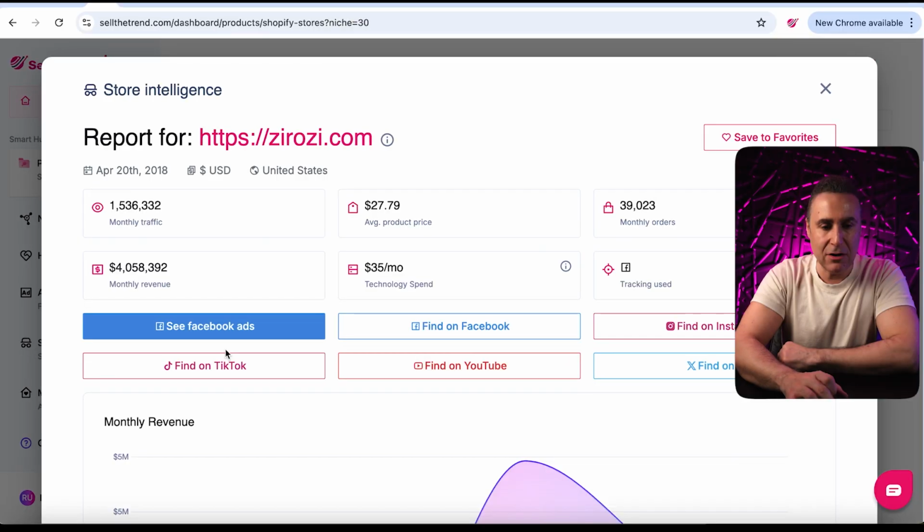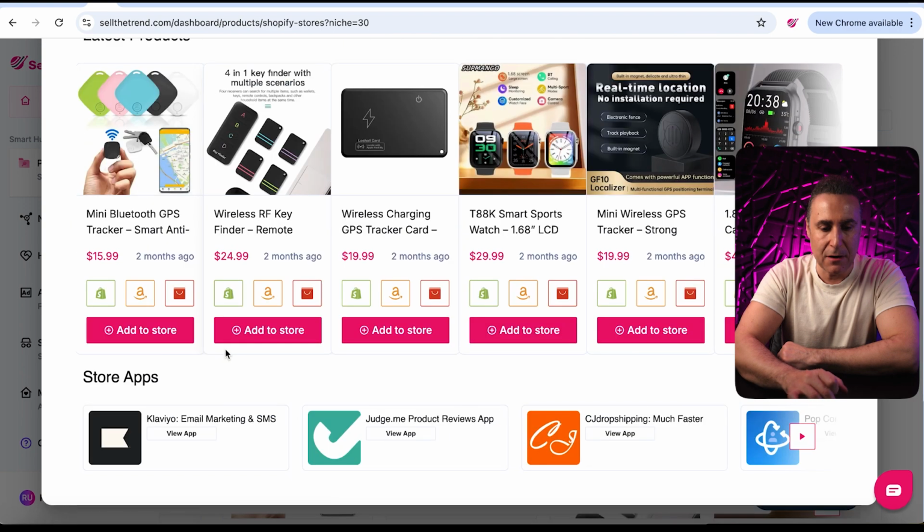So that is not the end of the story, because in order to really clone the store, we need to also look at what are some of the apps that they have been using that has been contributing to their success. So let's go back to our store intelligence tool and look at the apps that this store has installed, that is going to give us a little bit of an idea of what they are doing for their marketing. Now we're back here at the store intelligence report, and let's go back to the bottom here,